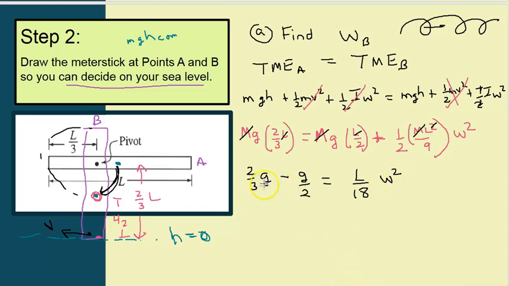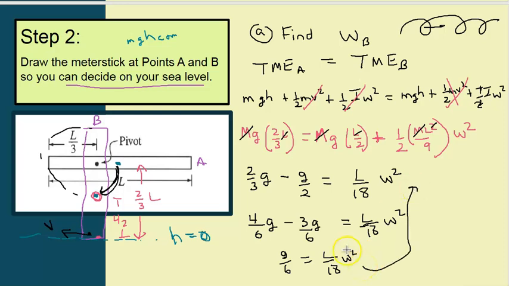Okay, so common denominator would be 6. So we have 4G over 6 minus 3G over 6 equals L over 18 omega squared. 4 minus 3 is 1, so we have G over 6. Okay, and then we have 18/6. This is a G. We have 18. We multiply both sides by 18,